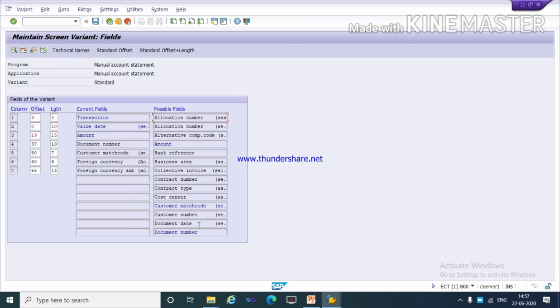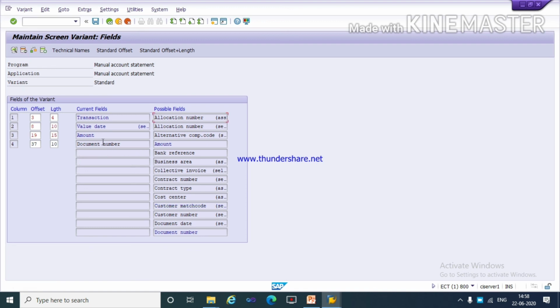Continue. Here you can see some fields which are in blue color, it is an activated field, and which are in black color, it is a non-activated field. So if you do not need this foreign currency, select this and click on this delete field. Which fields you do not need, you can delete.